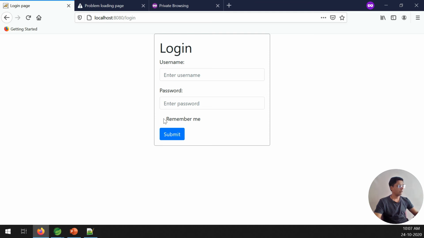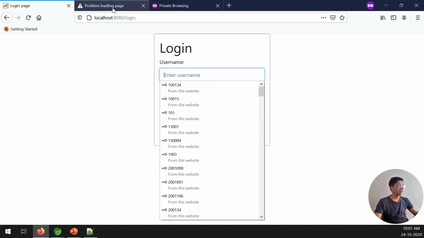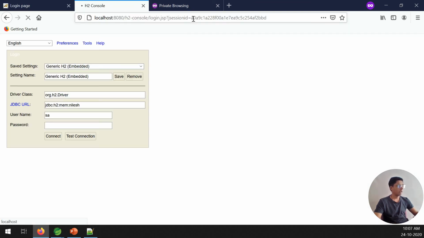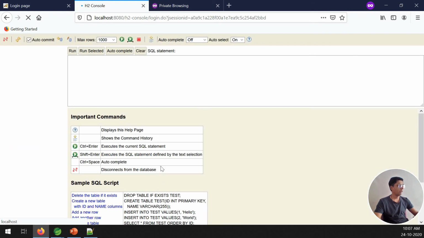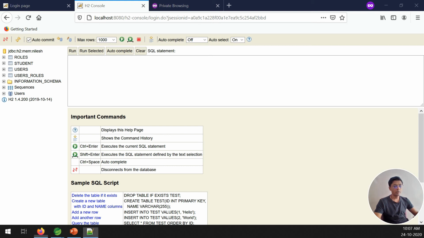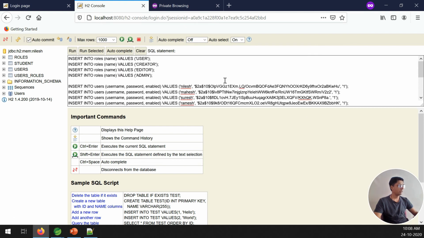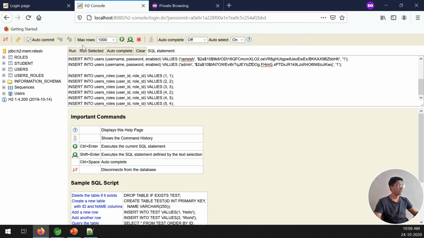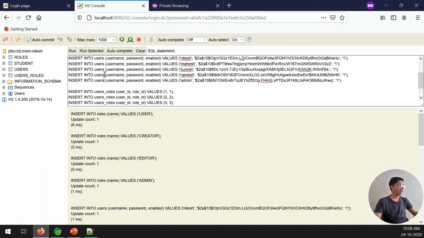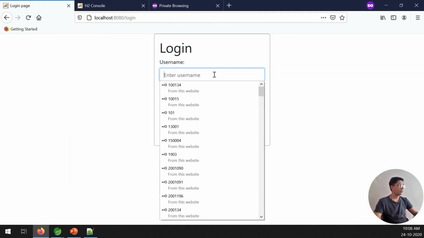So now first I want to go to the H2 console and log in. All these tables are there, and I just copy and paste the insert statements for the user ID and password, right? So Nilesh has a password, and admin has a password. So run this code. After that, I try to log in over here.